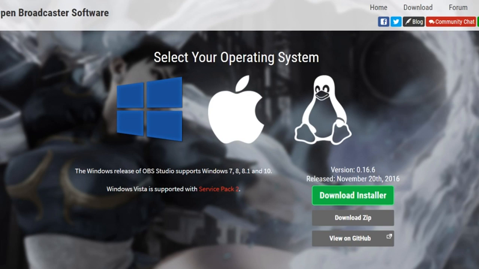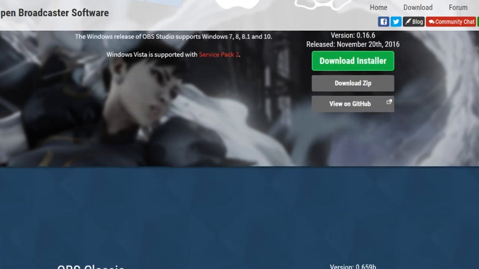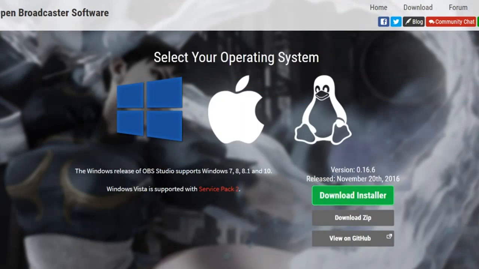Now, we are on the website, and you have to download the version that you pretty much need: Windows, Apple, or Linux. One other thing I'd like to point out is when you scroll down on this page a little lower, we got OBS Classic. This one up here is OBS Studio, which is the one I'm using, and the one I highly recommend, because trust me, I've used Classic for a number of years. Not that I have streamed all too much, but every time I have streamed with OBS Classic, it hasn't gone all too well. And I do attribute that